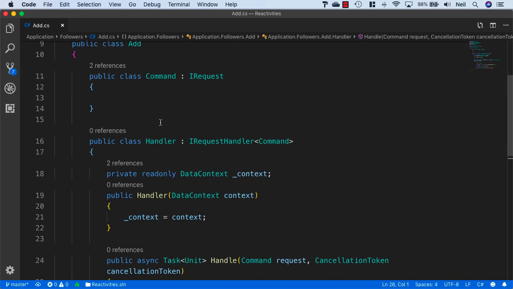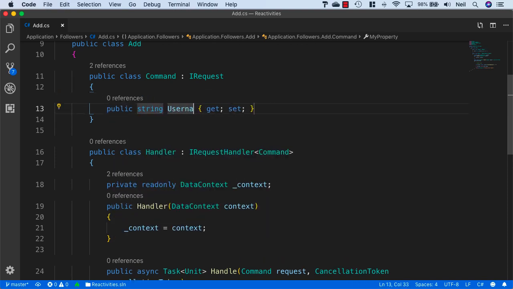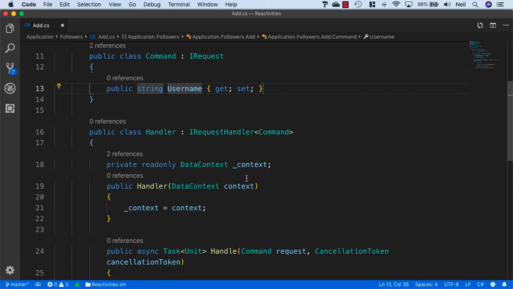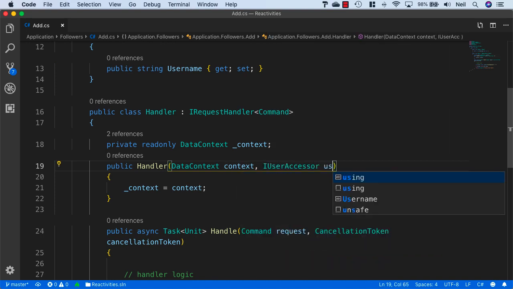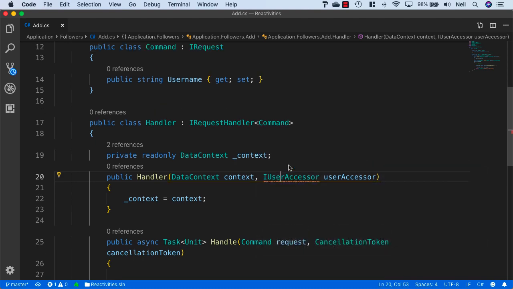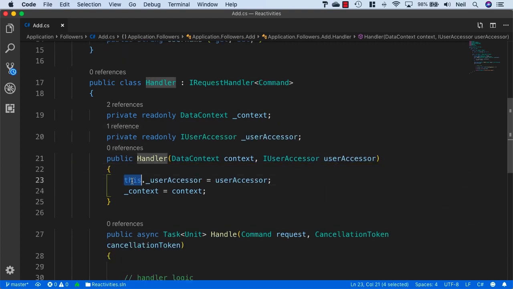And what we need to pass inside here is the username of the user that we're going to be following. So we'll say prop string and username. And what we also want to get is the username of the currently logged in user. So what we'll do is we'll inject our iUser accessor in here as well. Call it user accessor, and we'll just bring in application interfaces and also initialize the field from parameter and remove